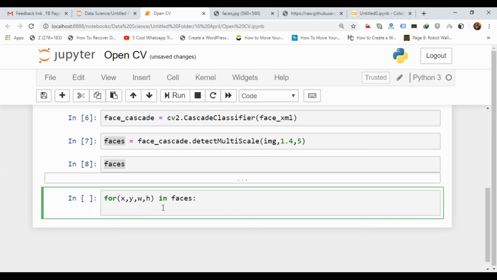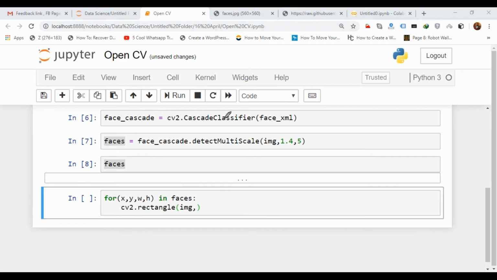For that we have the function cv2.rectangle. Here you have to pass the image on which you want to draw the rectangle. The second parameter should be the starting coordinate of the rectangle.